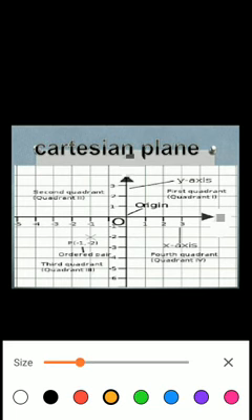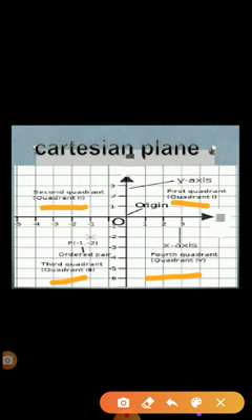Then we have seen that both the axes divide the Cartesian plane into 4 parts, and each part was called a quadrant. So this is my first quadrant, second quadrant, third quadrant, and the fourth quadrant. This Cartesian plane was also called the XY plane. XY plane or Cartesian plane. Next,